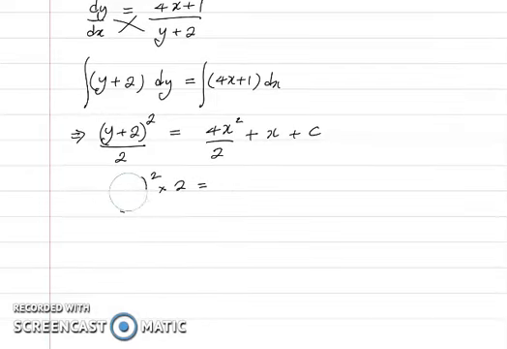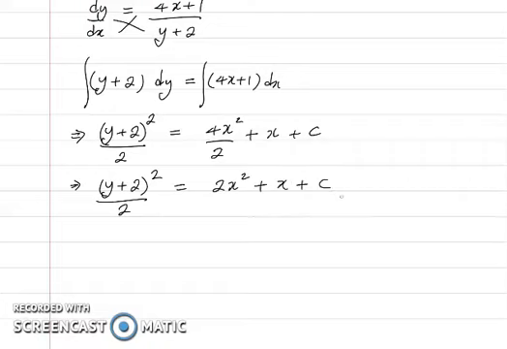So let's just correct quickly. All right, so it means therefore that (y plus 2) squared over 2 is equal to 2x squared plus x plus c. Then I'm going to multiply both sides of the equation by 2. I'm going to end up with (y plus 2) all squared is equal to 4x squared plus 2x plus 2